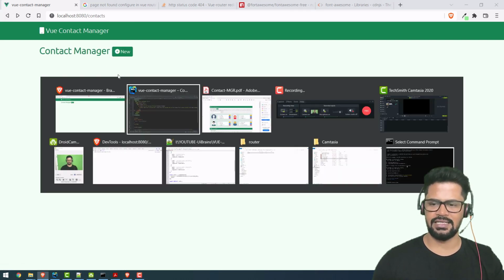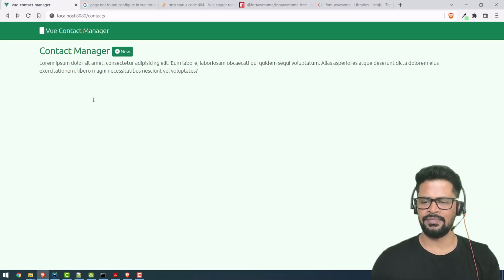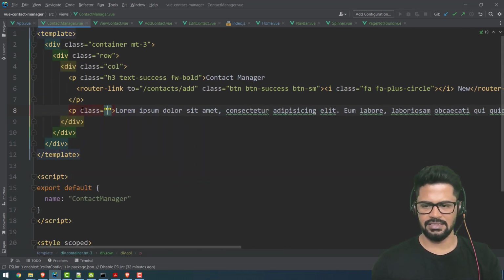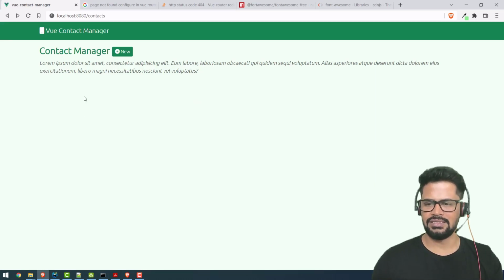Okay, and under that we have some text. So it's a paragraph, some lorem text. We have some text, and I want that to be italic text. Give the class font-italic. Okay, so under that I have,